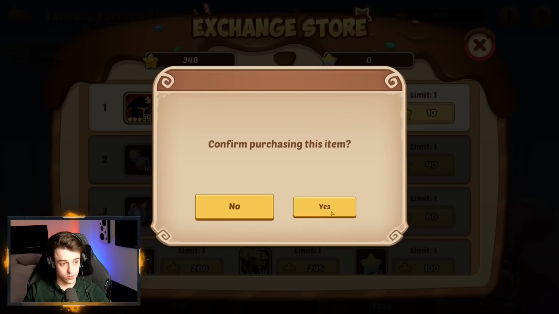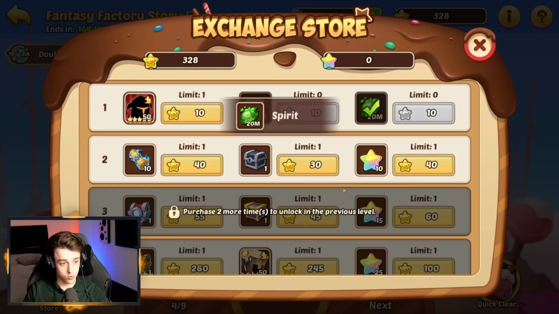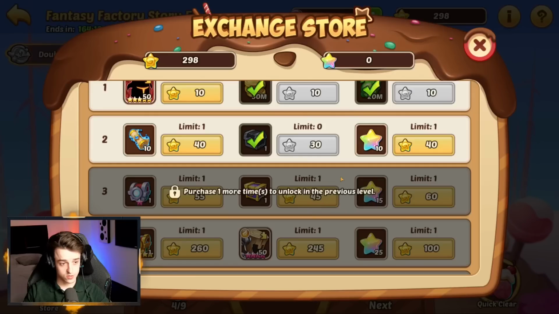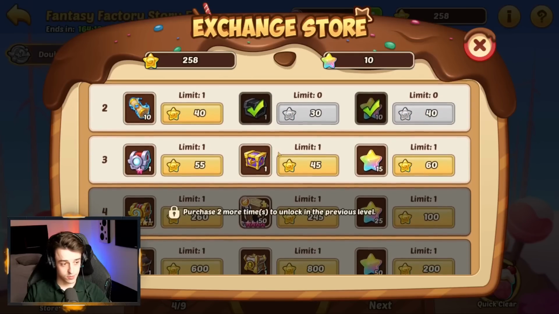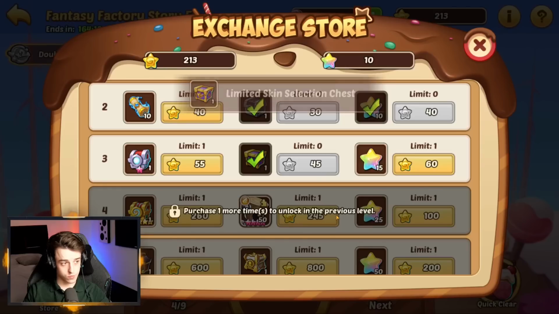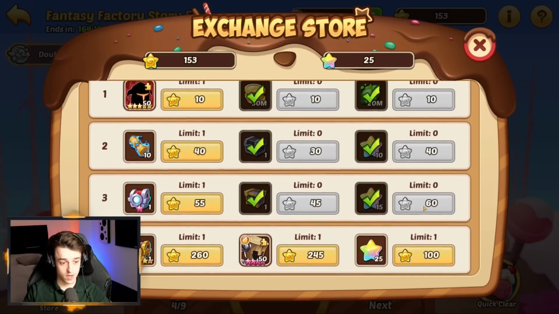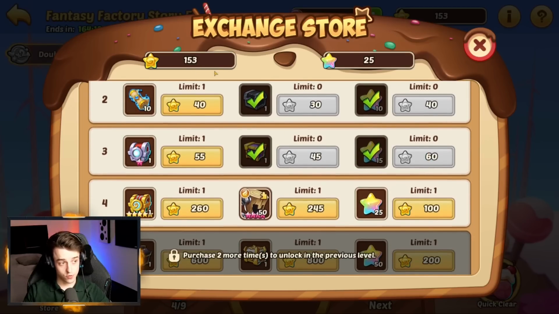So I'm going to go ahead and go golden spirit. So this is 10, 20. Here is another 30. That's 50. I'm going to buy these aurora stars, and then I'm going to buy the skin. I'm going to buy more aurora stars. And as we push down, you'll notice we've used 10, 20, 50, 90, 135, 195, and we still have 153